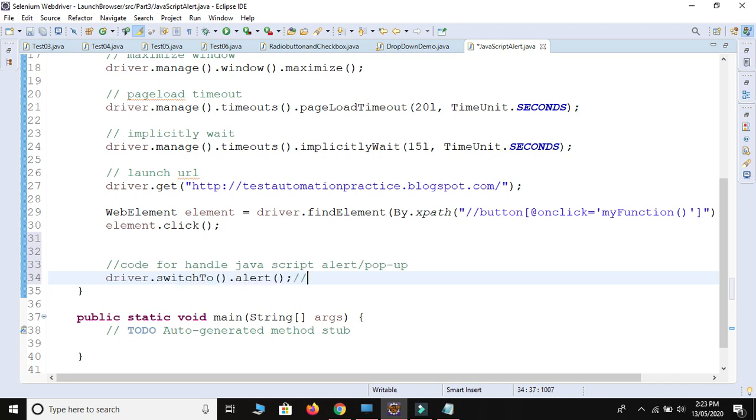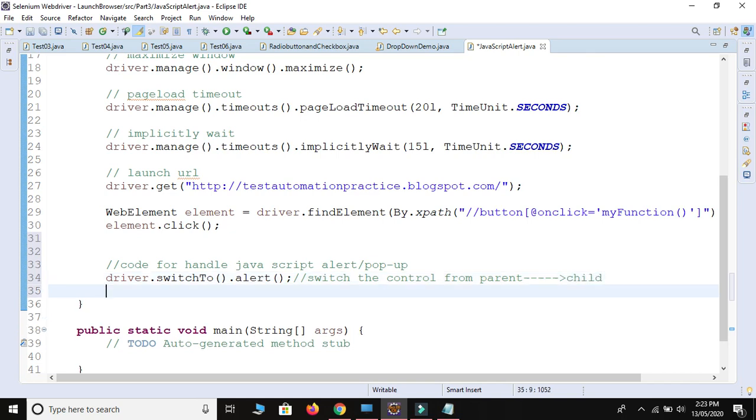Okay, so this line is used to switch the control from parent to child. Okay, and this method will return alert.